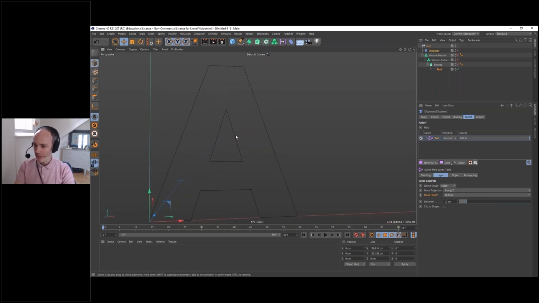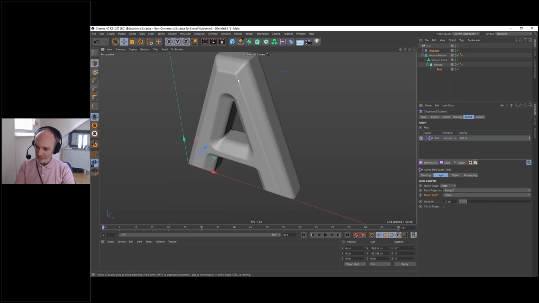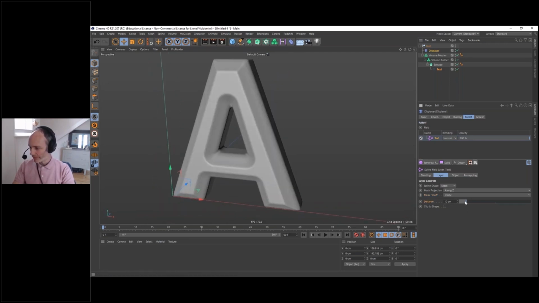I need to create a falloff inside the font, not outside. Okay, so inside, I turn everything back on, and voila, we have our beveling. And now it's just a matter of increasing here the distance to create a real bevel.